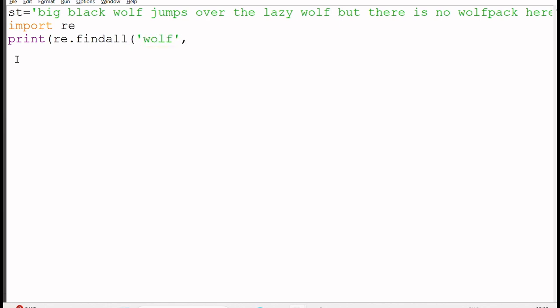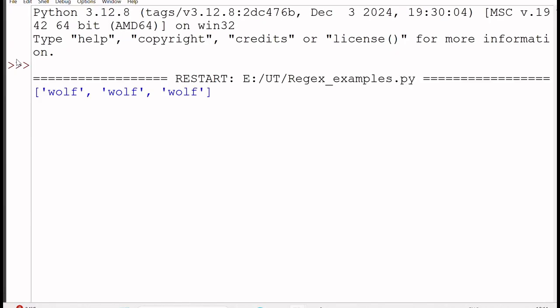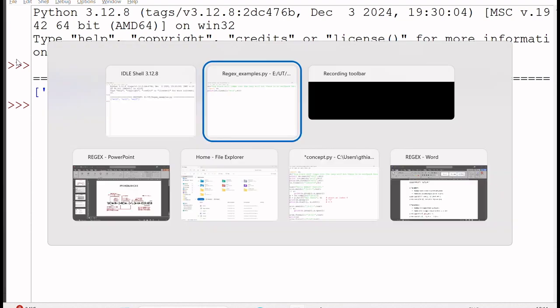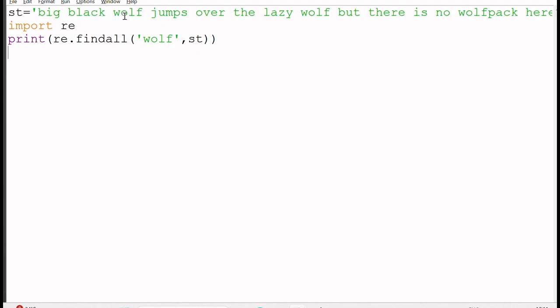So I'm looking for an exact match of wolf in the given string st. Like I said, this findall is going to look for all occurrences in the given string and returns the result in the form of a list. So I'm executing. So it has shown wolf thrice because there is one wolf occurring here, a wolf occurring here,